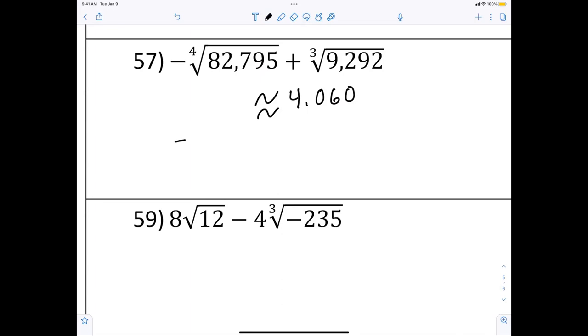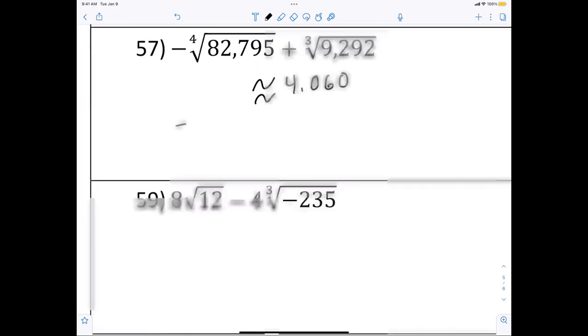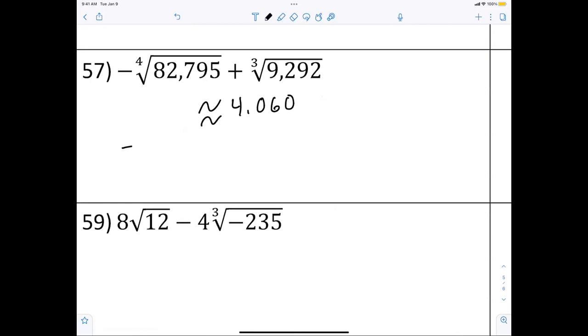I don't know what you mean. So let me make sure I'm clear. If I'm going to do number 57, and I'm glad you guys are asking, because you have a big advantage over kids who don't know how to use a calculator. I promise you. So I want everyone to go down and type in the negative. Put that on the calculator first. Then you go to math. There is no 4th root, but the one right below lets you do any root. So math is at 5. Then when you hit math 5, this comes up, and then you have to fill in that with a 4. All right, and then you do 82795